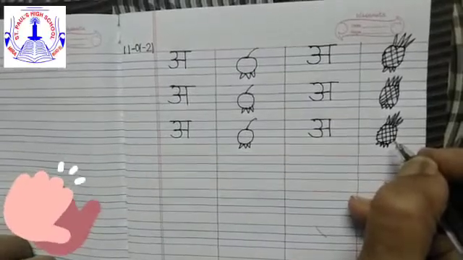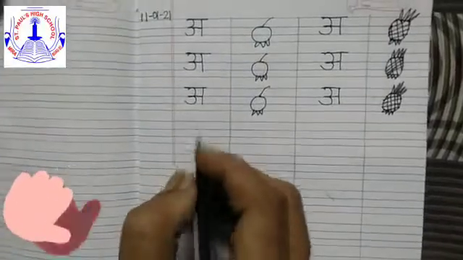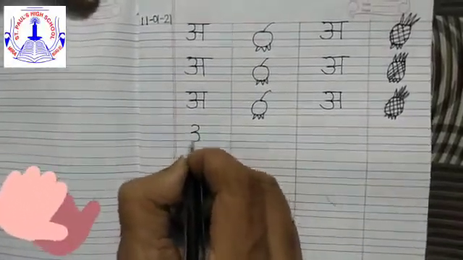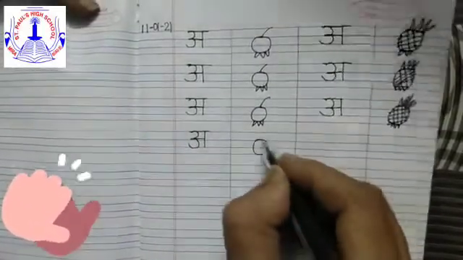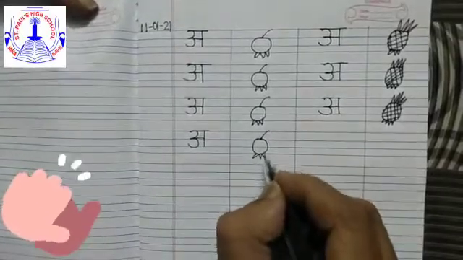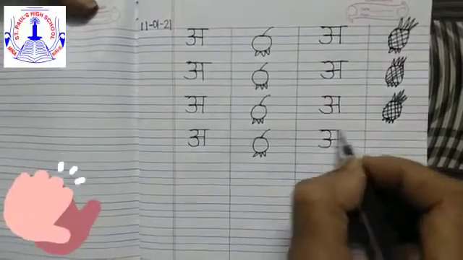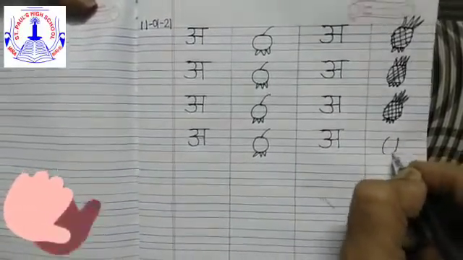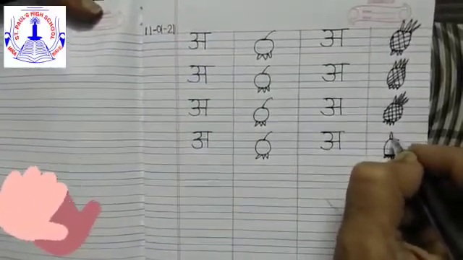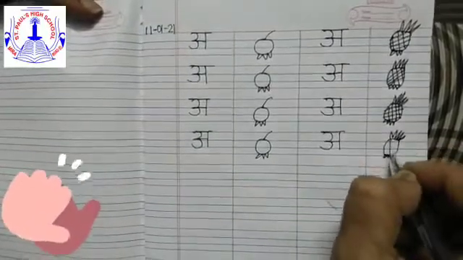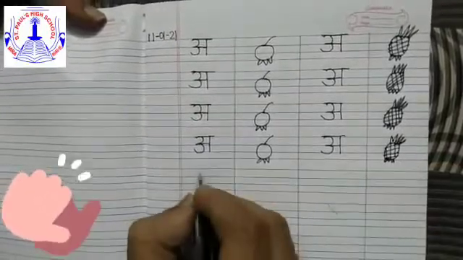This is pineapple, ananas. Now again we will start writing letter A. Write letter A. Now make one circle, on top one slanting line, down zigzag line. Now children, you know how to do it, right? Come on, write letter A, make one curve, other curve, join the line down, make small zigzag lines, up join the line and make bigger zigzag lines and slanting lines in the middle and left side.